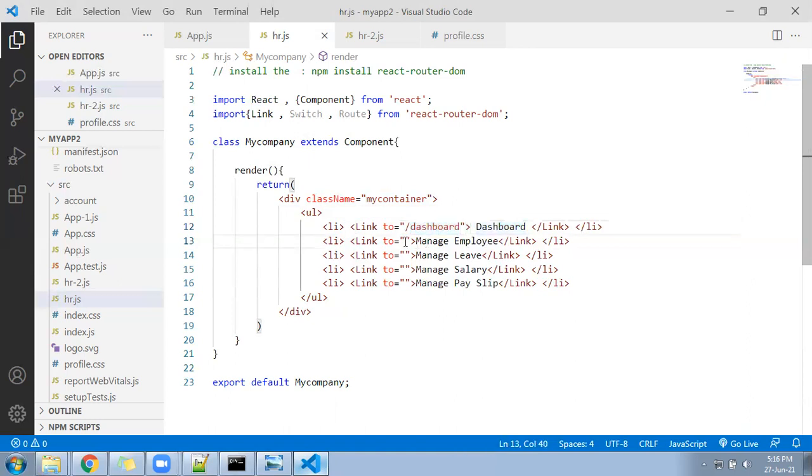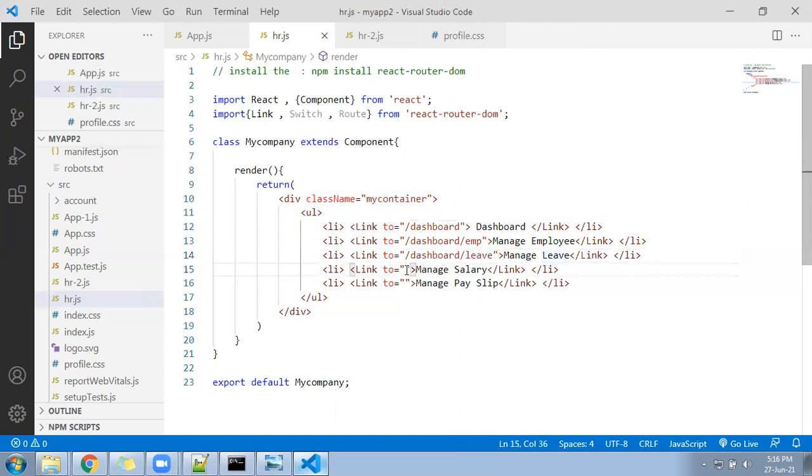Now after that, what I'll give next? Slash dashboard slash. What you want to go on? You want to go on employee tab. So right here emp, short small keyword I given. I'll go for the next, like I'm generating the path here as a nested link. So I'll write here slash dashboard slash for manage leave. I'll write here call leave itself. I generated a path called leave.